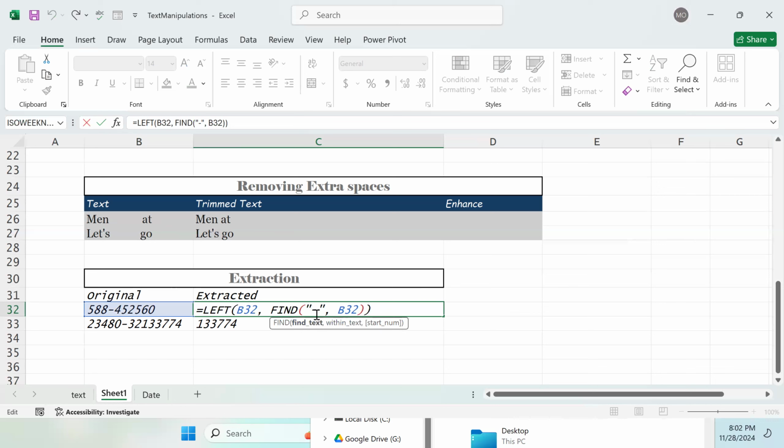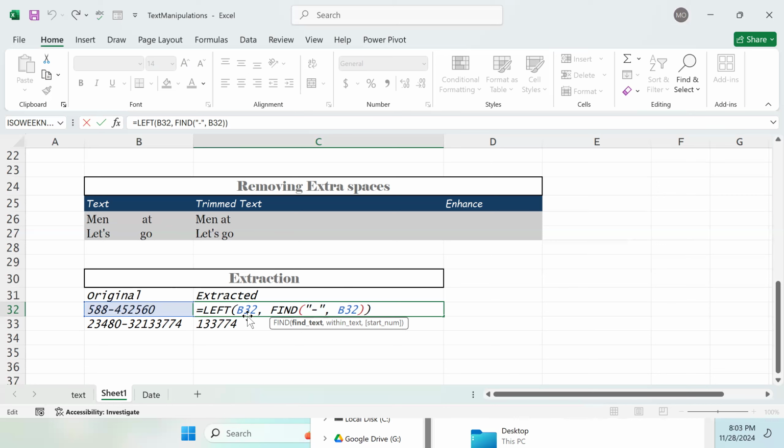So with this now, we've said find our dash in this text, right? Then if it's going to find, it's going to return what we call the index. The index is like the position. So it's going to count 1, 2, 3, 4. So this is 4, right? So this find is going to return 4 for us, which is why our text initially returned this